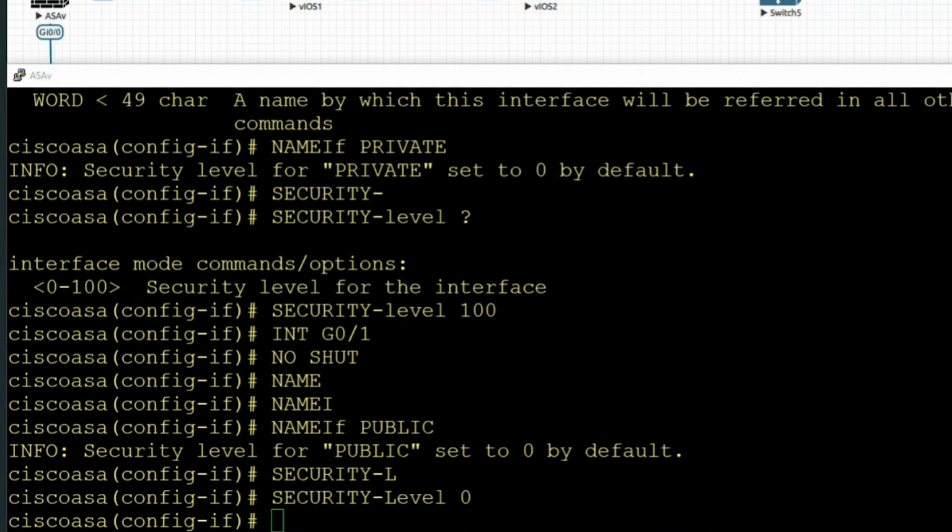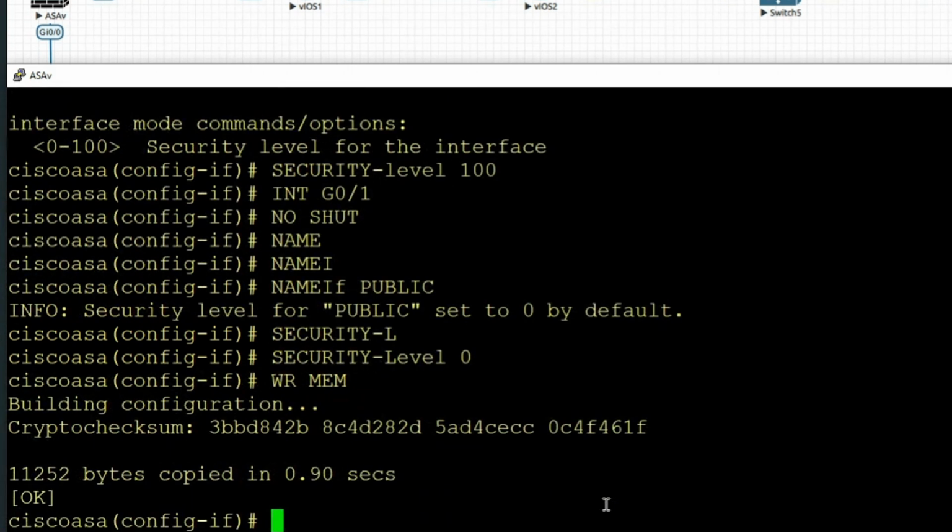Okay. So that is right now some basic configurations: giving it a host name, setting the clock, putting the IP addresses on the interface, naming the interfaces what they are, private and public, and then setting the security levels. All right, cool. So let's go ahead and write that. You can see I'm in interface configuration mode. Normally in the router, you have to do a do, but I can just do it from right here. It writes it for you. You don't need to do that here.